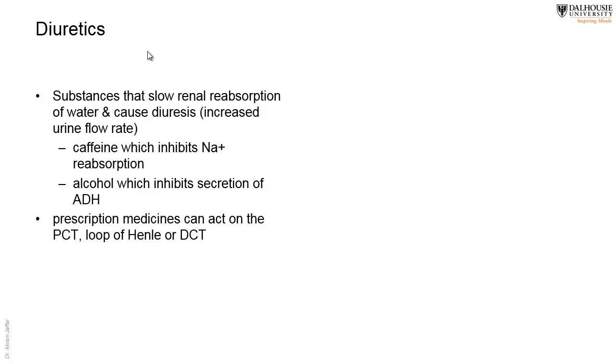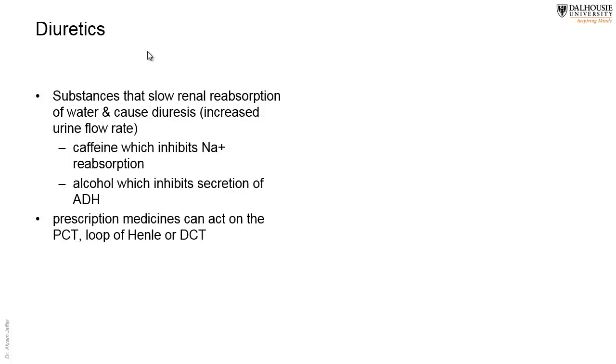There are substances called diuretics that will slow the renal reabsorption of water and result in diuresis, like caffeine, which inhibits sodium reabsorption. Alcohol inhibits ADH, antidiuretic hormone. Remember the antidiuretic hormone? It's the hormone that is